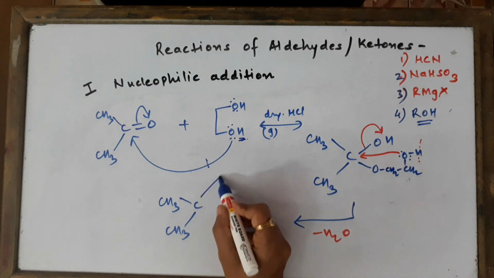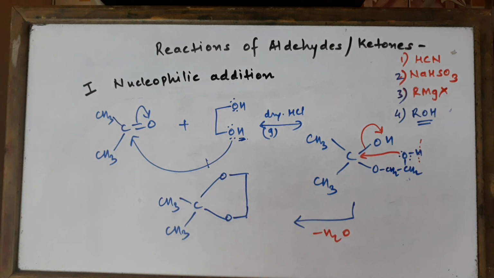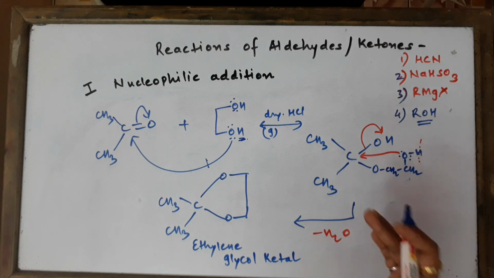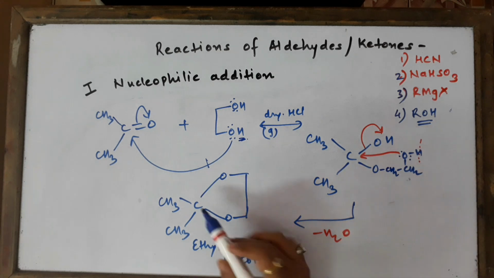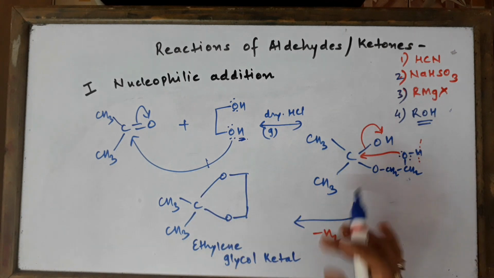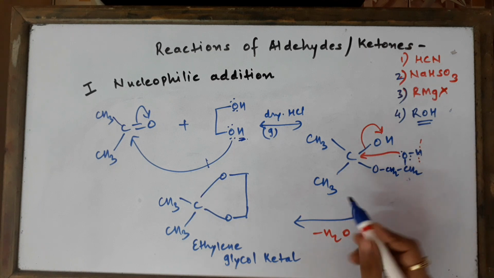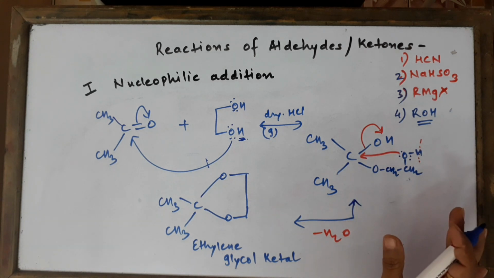So just show them in a beautiful way, okay? This is the way I'm going to show in the exam. So this is my compound which is made from the alcohol ethylene glycol, and it's a ketal because it's made from ketone. So ethylene glycol ketal is the cyclic product or the cyclic ether. It's an ether because you can see it's having ROR kind of linkage. So it's a cyclic ether formed when a ketone reacts with ethylene glycol. So children, remember, it's a reversible reaction.